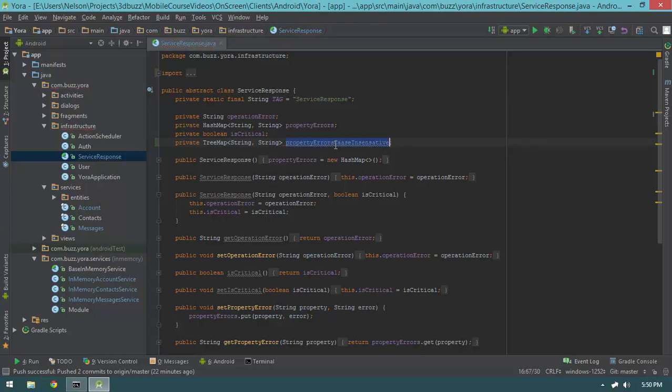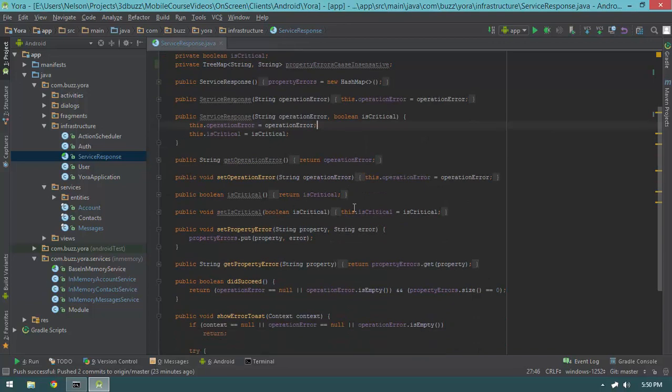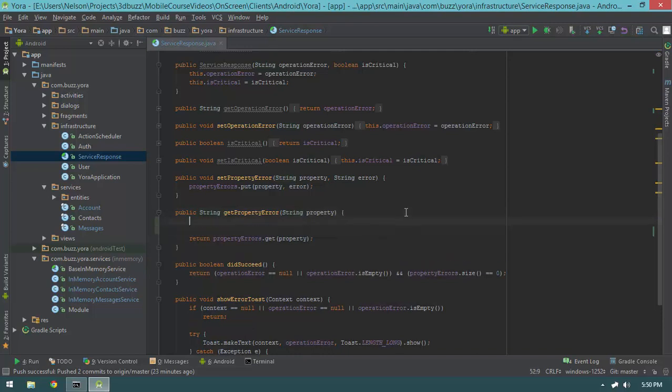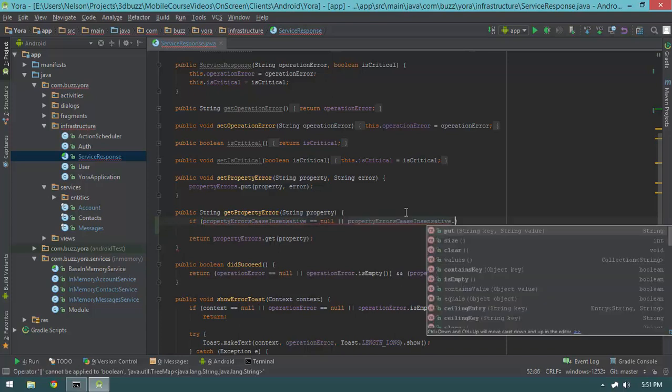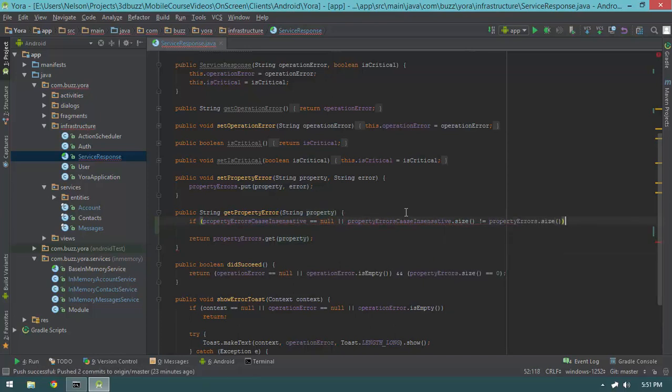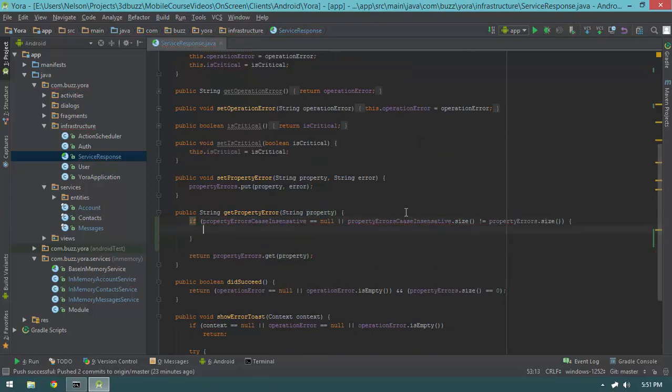And for our property errors case insensitive, I'm not going to instantiate it in the constructor. Instead, I'm going to scroll down here to our get property error method. And what I'm going to do here is say if property errors case insensitive equals null, or property errors case insensitive dot size does not equal property errors dot size. So if the property errors were modified, or this is the first time you try to get a property error,